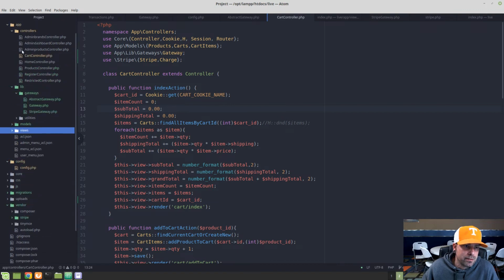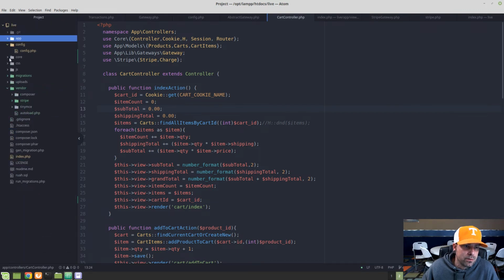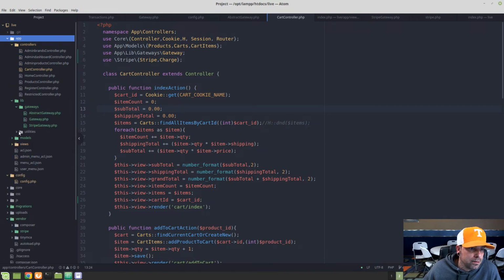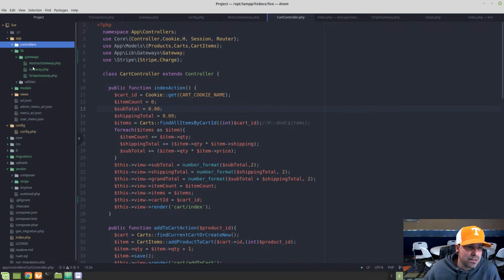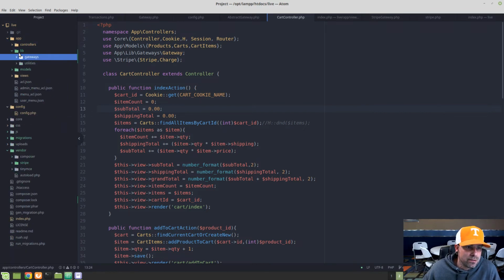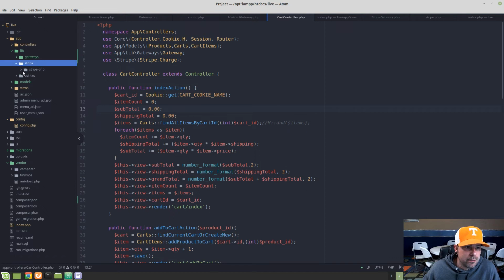is I'm actually going to move this because I know this will work. I think, anyways. Yeah, let's put it in app. Hopefully I'll get Composer working before the next video and we'll fix this. But for now, I don't want to spend a bunch of time on just autoloading this stuff. So I'm just going to throw it in this lib directory here. I'll move that there. And then I need to try to figure out